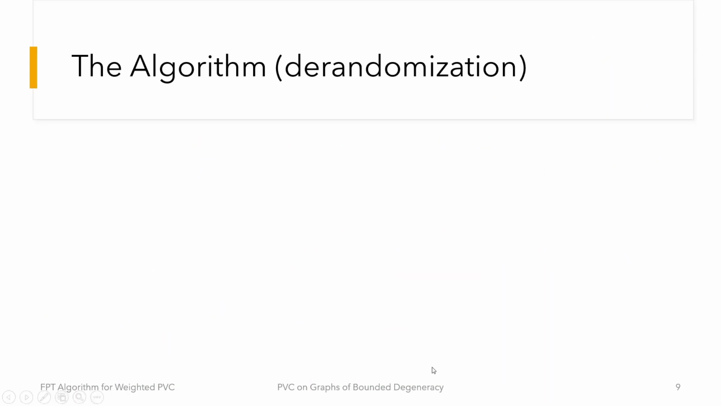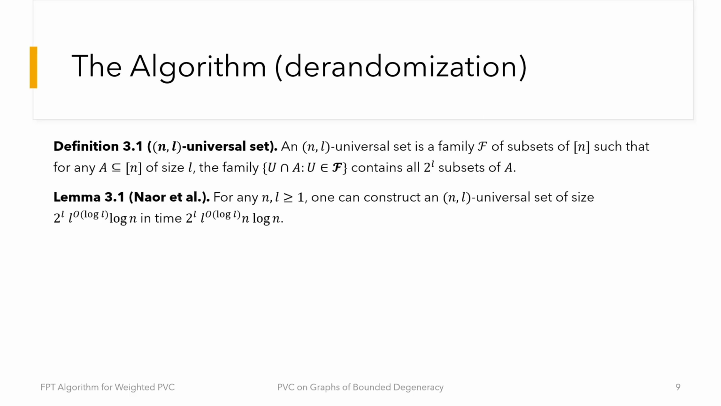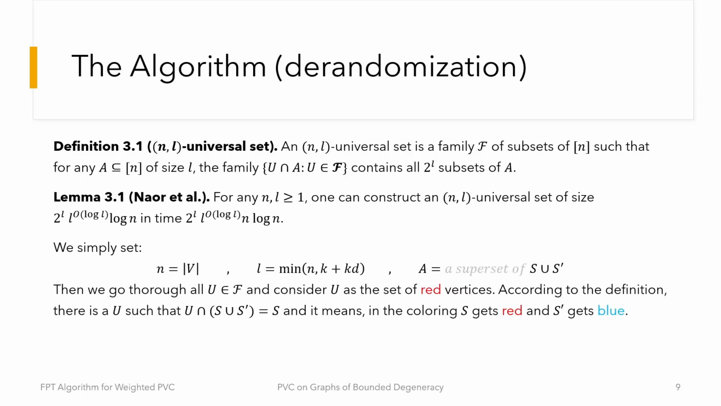Okay, now we want to de-randomize our algorithm. For de-randomization, we use universal sets, and it's hard to explain the definition, so it's better if you pause the video and read the definition by yourself. And also, we have a lemma that we can construct universal sets of a good size in a good time complexity, so it's actually FPT with parameter L. And the only thing that we need to do is to consider,